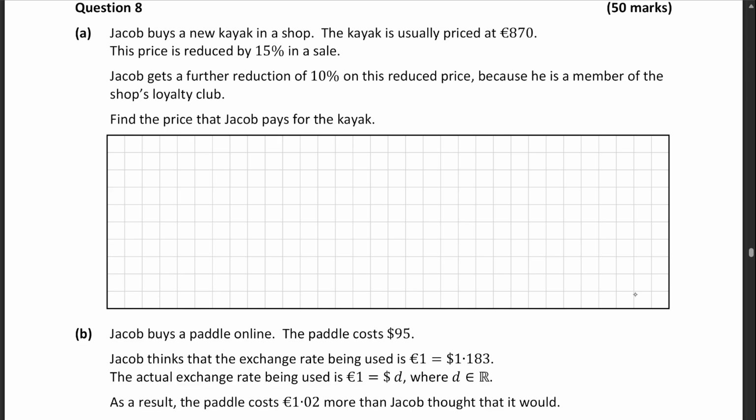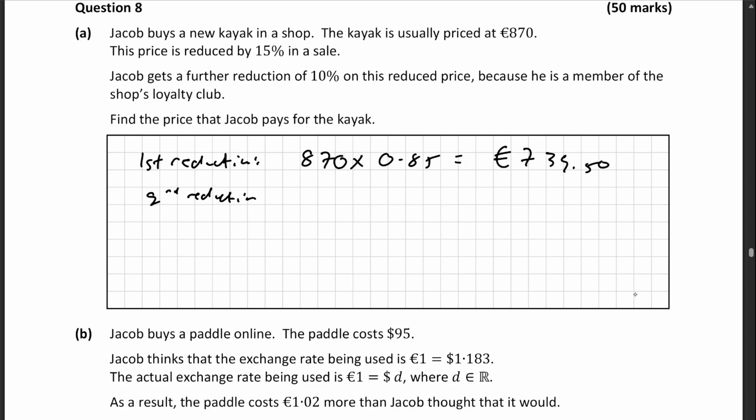Okay, Jacob buys a new kayak in a shop. The kayak is priced at $870. The price is reduced by 15% and a further reduction of 10%. So let's consider the first reduction. That's 870 times 0.85, which is 739.50. And then the second reduction will be on the reduced price, so 739.50 times 0.9,